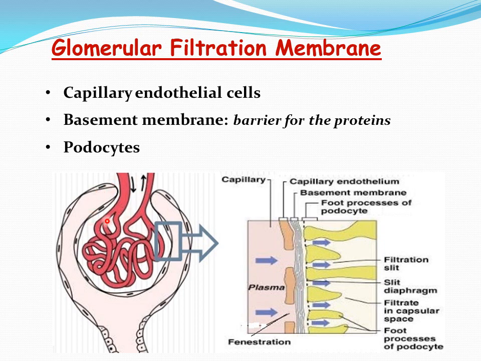So this is the glomerular network. This is the Bowman's capsule, and here is the Bowman's space. Now the first layer is the capillary endothelial cell layer, that means the endothelium of this glomerular capillary through which the plasma will be filtered initially. Then another one is the podocyte, that is the epithelial cell layer of this Bowman's capsule. In between this endothelium and epithelium is another thin membrane known as the basement membrane. So these three layers together make what is called the glomerular filtration membrane.